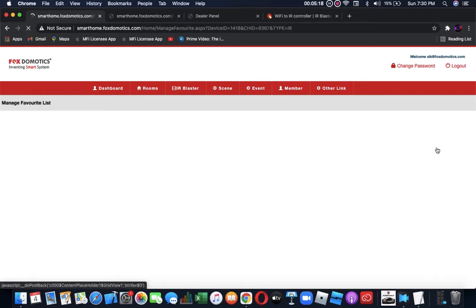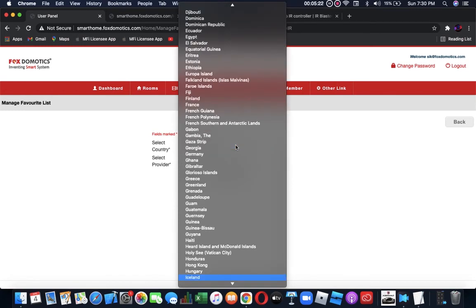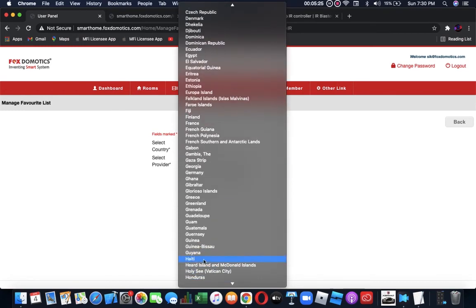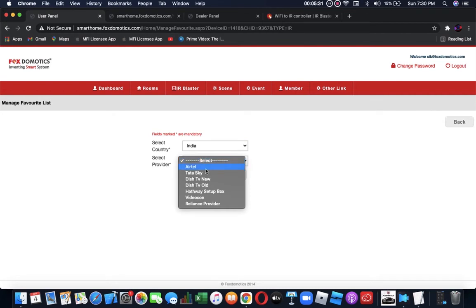Similarly, add favorite channel. You can select any of the favorite channels. In India we have already added them; select the provider like Airtel.